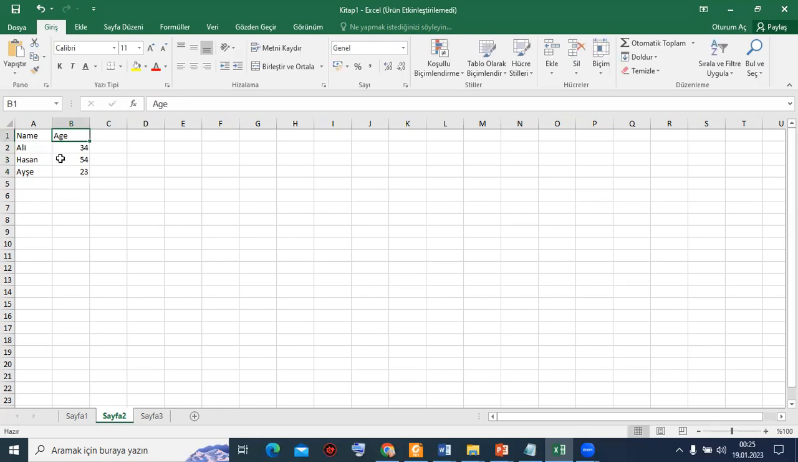Okay. So as you see, name and age are labels. They are not a part of the data. They are just giving some information related to the data. And Ali, Hasan, Ayşe are text data,